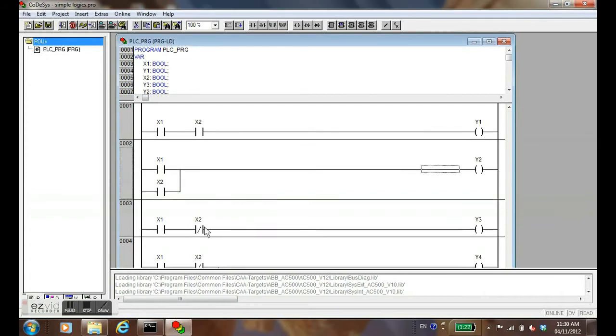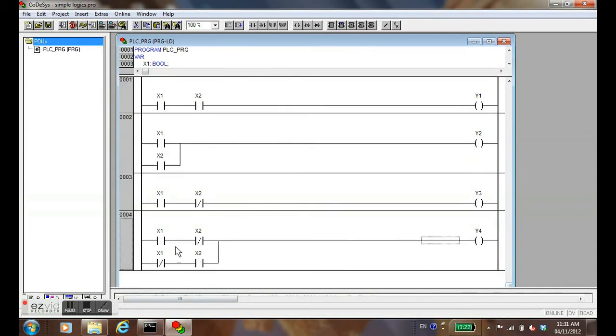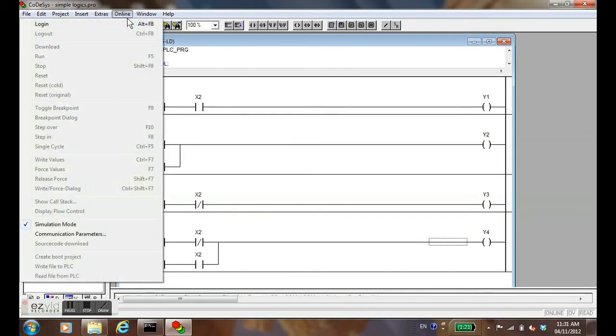Sometimes the switches can be used in the normally closed fashion. It's represented as the slash in this symbol, x2 here. Or we can have a little bit more complex logic, like the one here. Let me just try to bring it up a little so you can see it. So we have x1, x2, x1, x2 in this manner. Okay, let's see how they actually work. So we go online